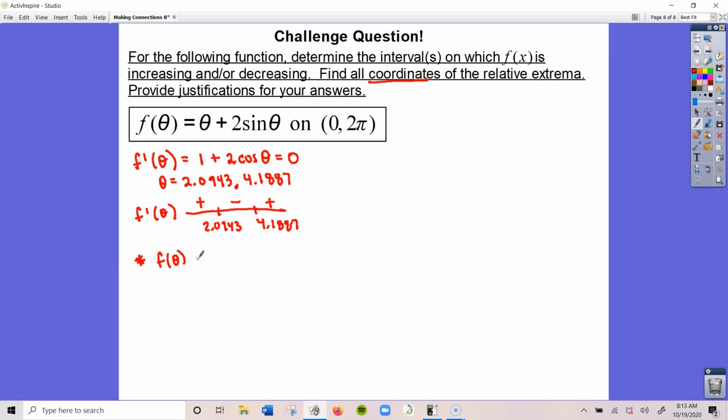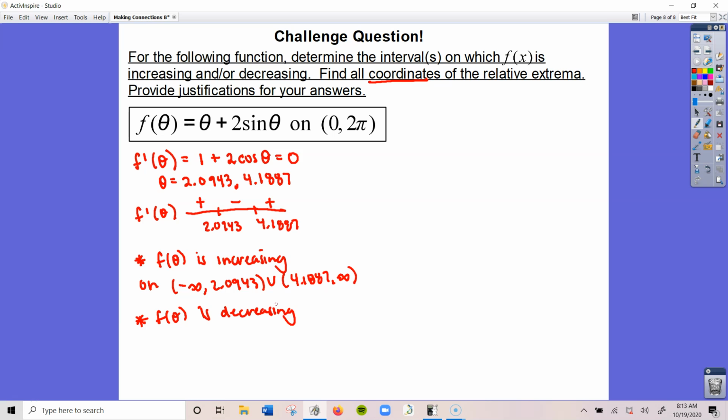So f of theta is increasing on the interval negative infinity to 2.0943, union 4.1887 to infinity. And then f of theta is decreasing on the interval 2.0943